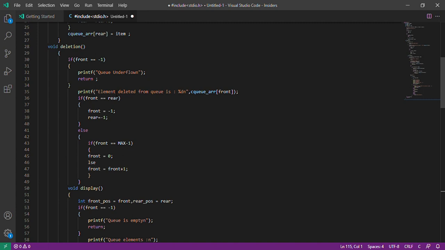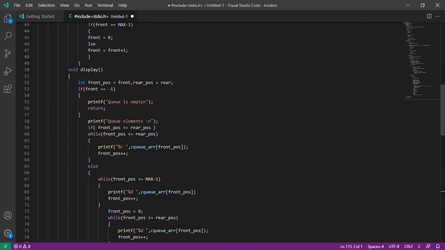Then check if front and rear are pointing at the same location and assign both values to -1. Okay, it is assigned -1, that is, not pointing anywhere. Otherwise, check if the front is at the end. If so, make it point to the first location, else increment front. Okay, then next,